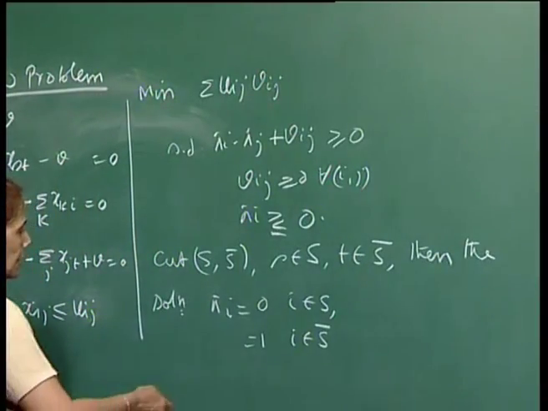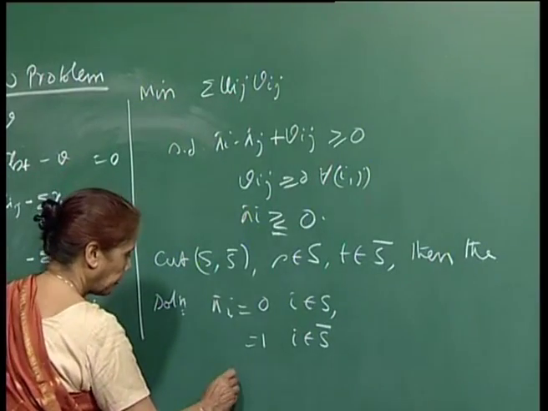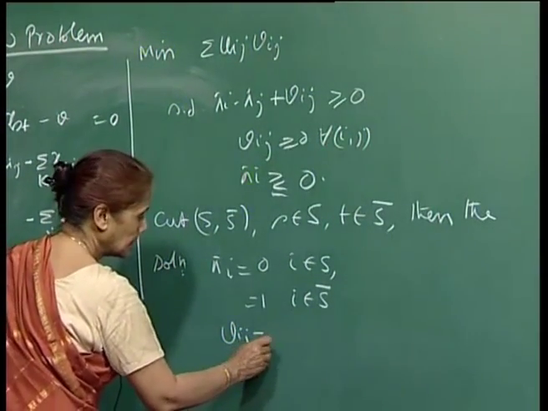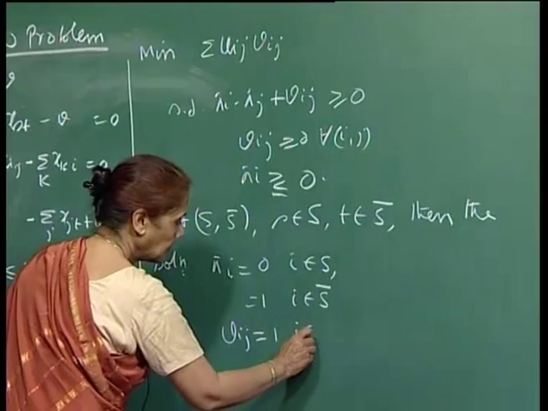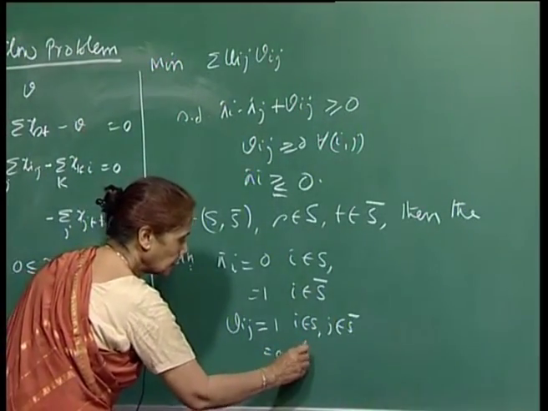So, which means that pi S will be 0 and pi T will be 1, right, and Vij is 1 for i belonging to S and j belonging to S bar, and 0 otherwise for all other cases,